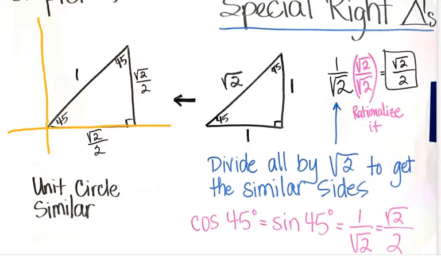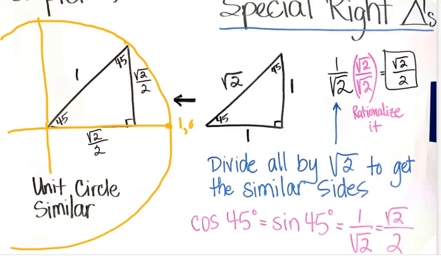where here would be my x and my y, and this would be my radius, a radius of 1, like that. There's where our unit circle similarity comes. So this point is 1, 0. Okay. If we drew a 45, 45, 90 within the unit circle, it would look like this. In other words, we start with our special right triangle, the sides of 1, 1, and root 2, and then